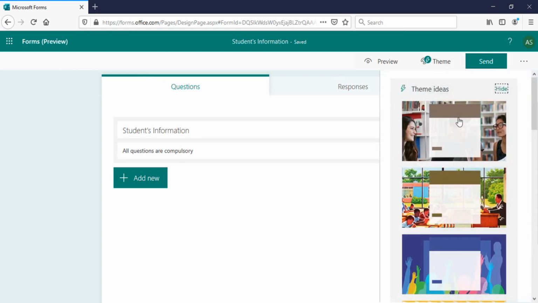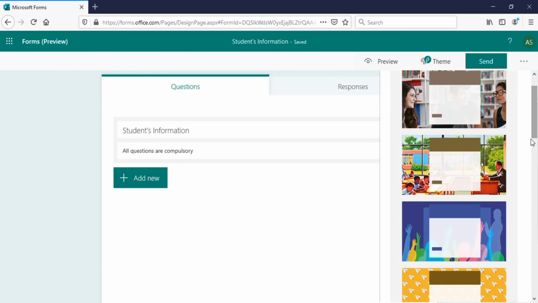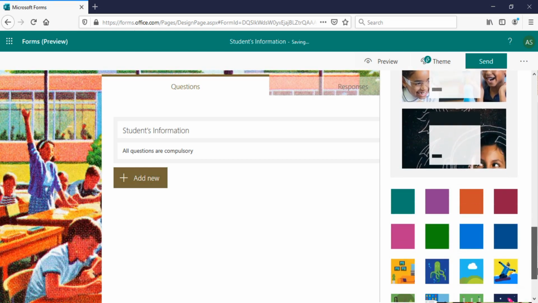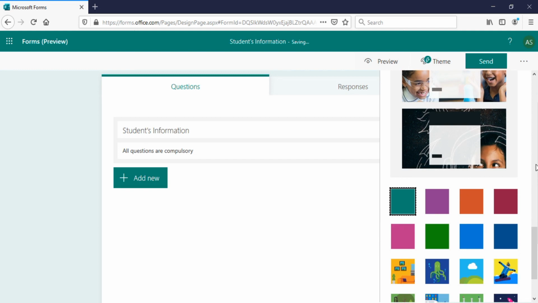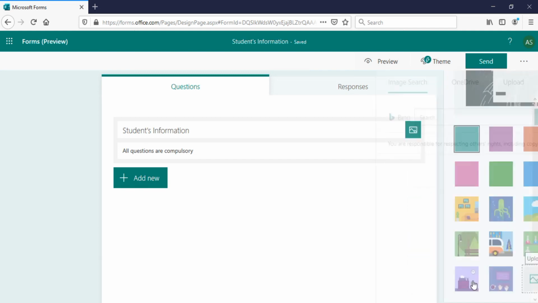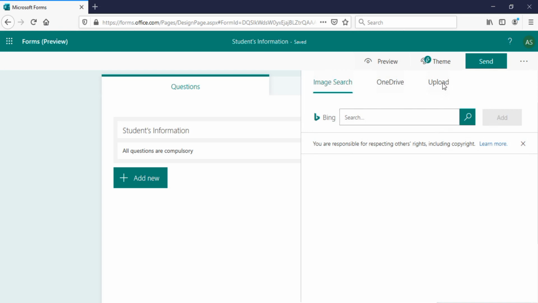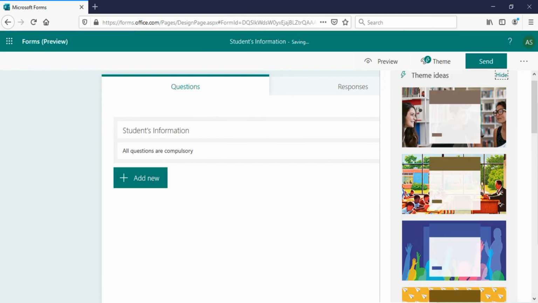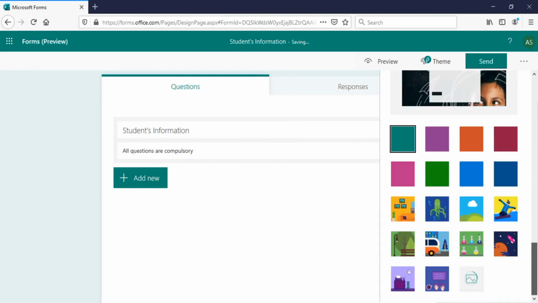There are different themes available here. You can use these themes or you can use the colors only, and you can use a custom theme by uploading an image. So I am going to upload an image from my system. This image will appear here, so I click on this image and it appears in the background.